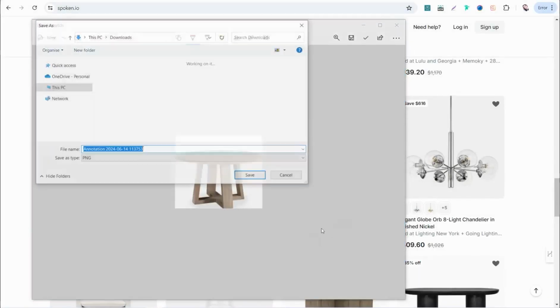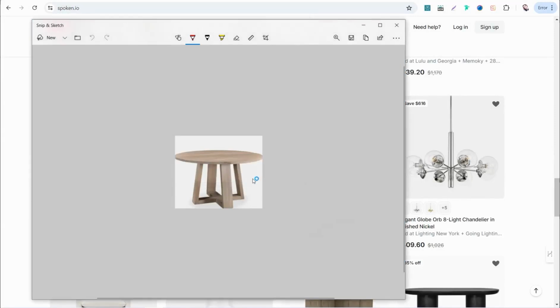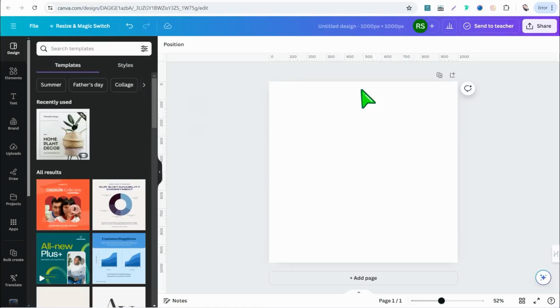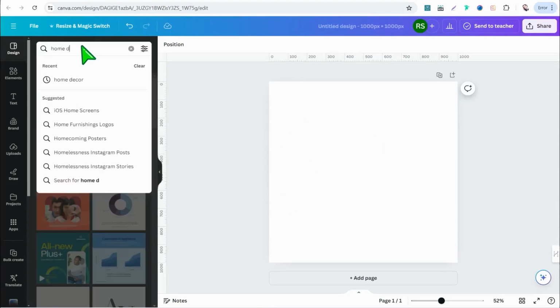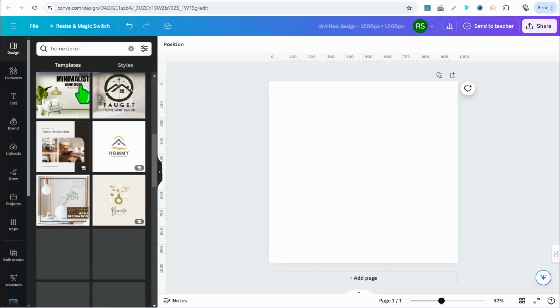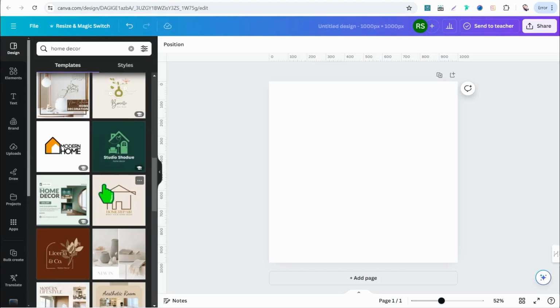Perfect. And now it's time to customize this photo on canva.com to place your price and your platform. So go to canva.com and open a new canvas like this one, and here you can search for any done-for-you templates for home decor. So search for home decor like this one,